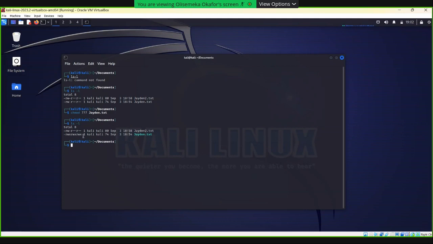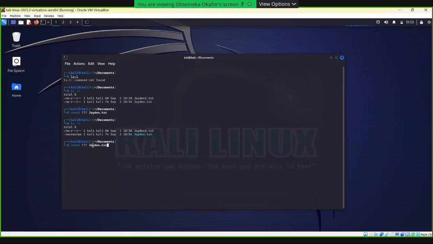Now let's assume Jayden.txt is a top secret file, and we don't want random people to see it. We want only you, the creator, to be able to see it. How do we do that? We did chmod 777, so everyone could see it. Now we want only you to be able to see it.